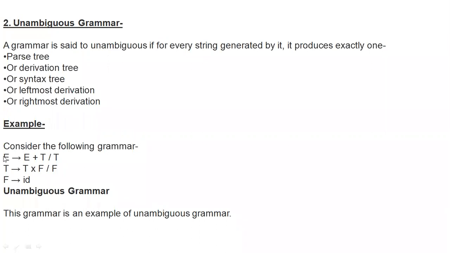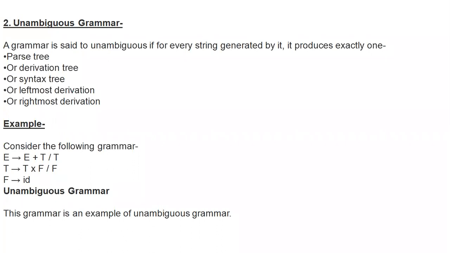See here, in the place of E, I replace T. Now it becomes T star F or F. Then finally, T tends to ID there, and it becomes an F. F tends to ID. This is an unambiguous rule. Then finally, the total grammar is an unambiguous grammar. Right? I think you clearly understand now.